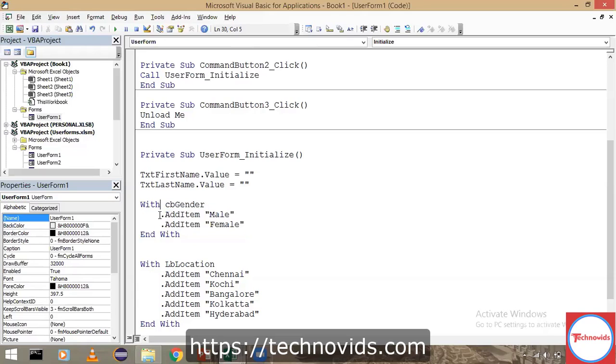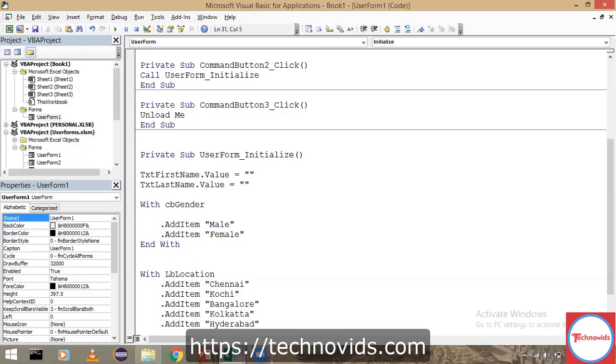To avoid that, what we should do is first clear the list. Whenever you click on clear, you have a method called clear. That means the entire items present in it will be cleared and then it will add. So that would be an easy way of doing it. So it's dot clear. We'll do it for the list box also. I would say dot clear first. That means it will clear the entire thing and it will keep adding later.